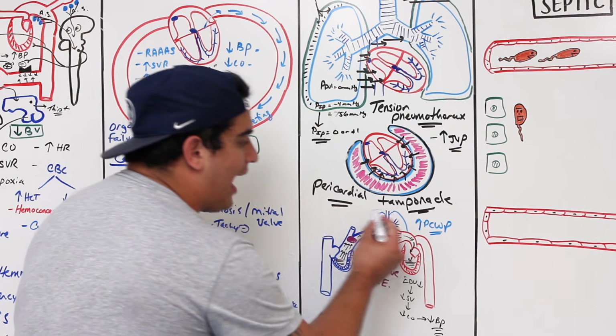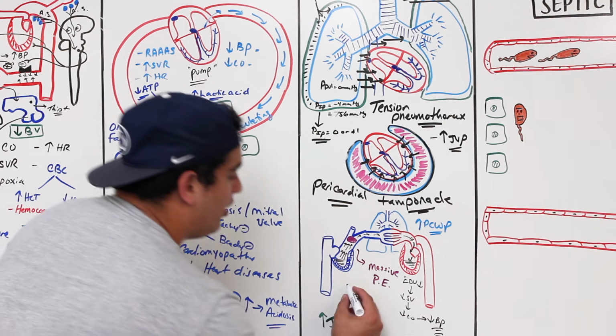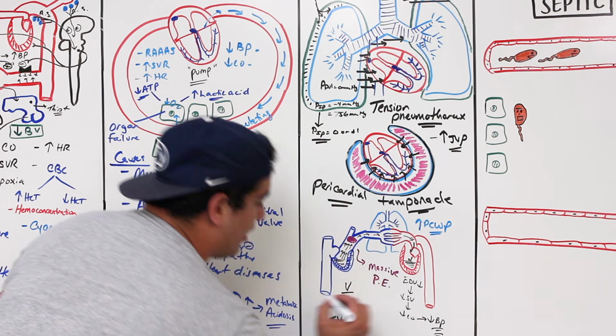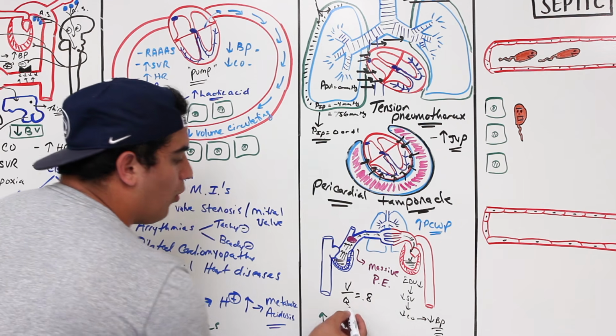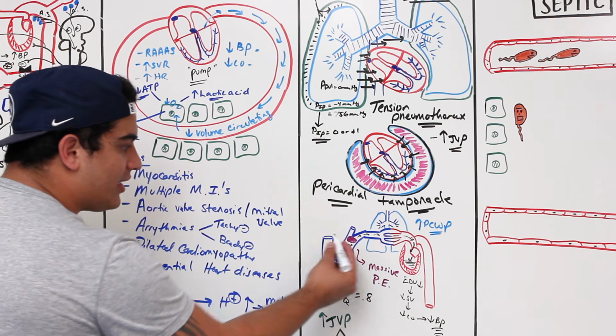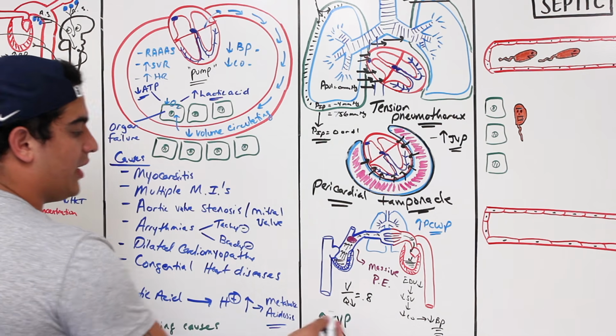what's going to happen to the actual ventilation perfusion process? It's not going to be good. So you guys remember we did this in respiration. We said that there was the VQ ratio, and it was equal to normally about 0.8. Well, what is Q? That's the perfusion. In this case, the perfusion is decreasing. If the perfusion is decreasing, what's happening to the